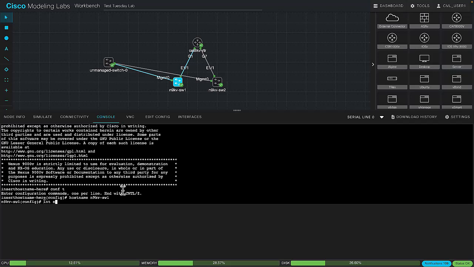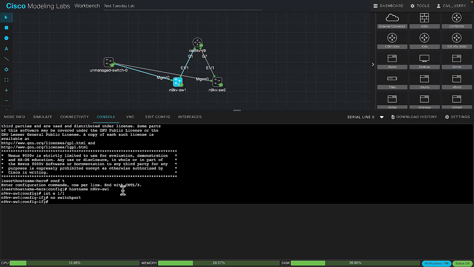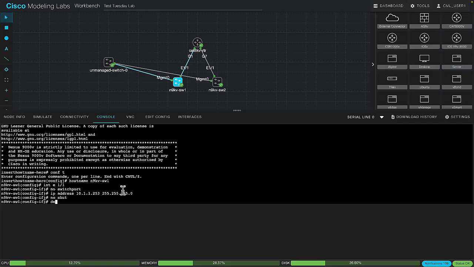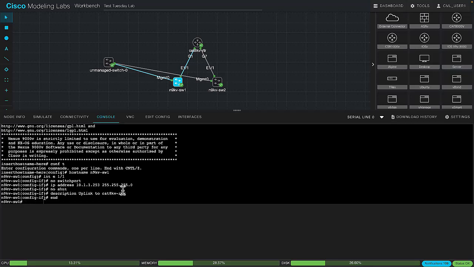So we're going to do interface E1/1. I'm going to do no switchport just to make sure we're in layer 3 mode on this switch. I'm going to do IP address 10.1.1.253 255.255.255.0. I'm going to do no shutdown, and I'm going to do description uplink to Cat AKV-RTR. I'm going to do end,